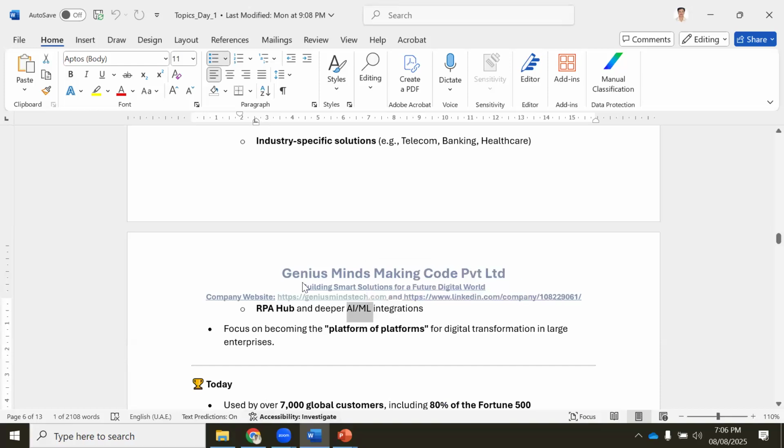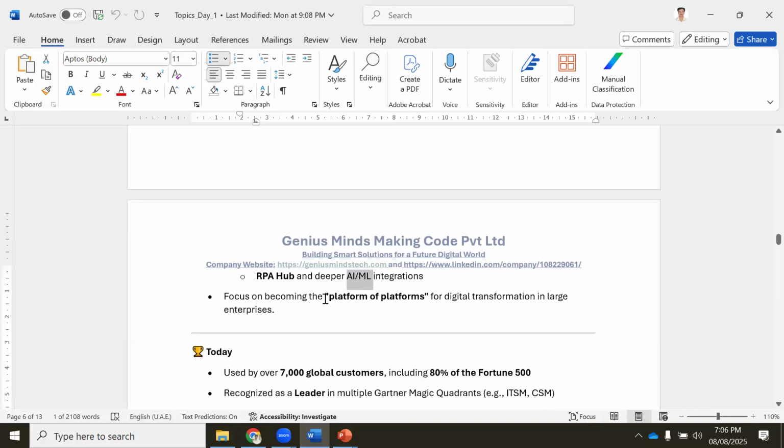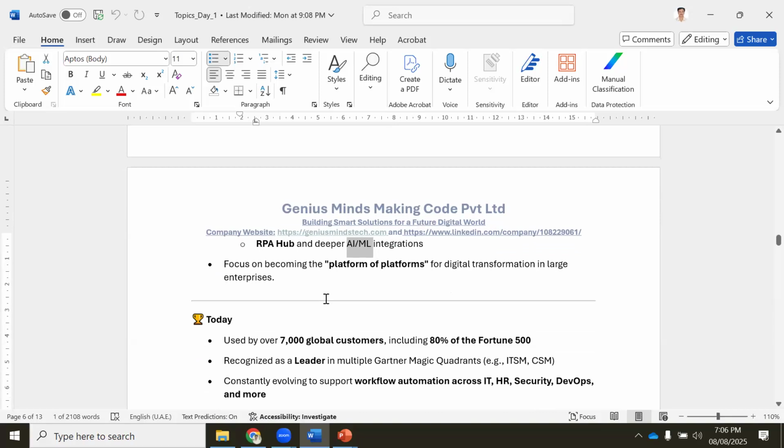Suppose I have a document in my SharePoint. When you search in ServiceNow, it will go to your SharePoint, find the data in the document, and give you a summary of the data. All this we will explore when we do a development course. Okay, so this is about RPA Hub, correct?